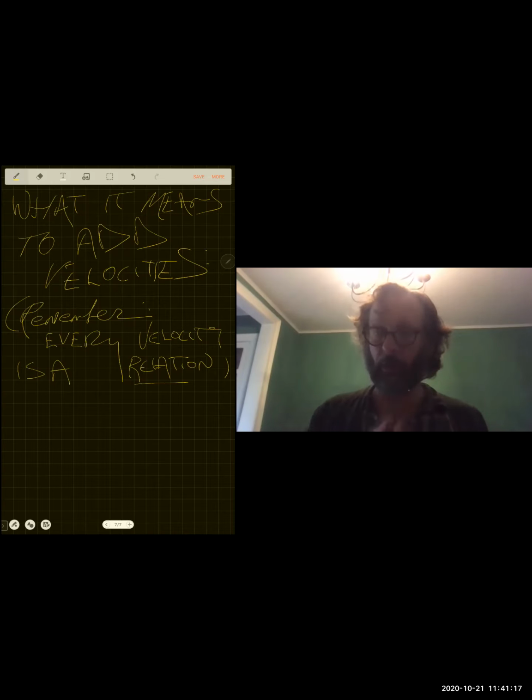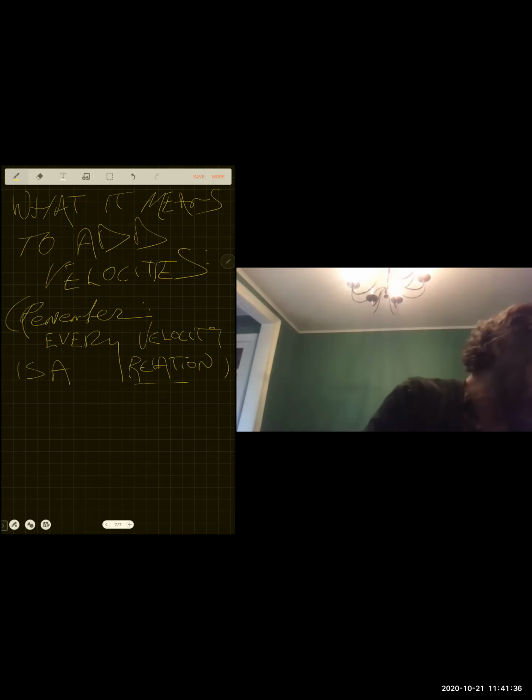All velocities are relations between two objects. We said this at the beginning of the year, and it's going to come to roost a bit. To be more specific and more mathematical, we're saying all velocities, when you write them down as a v, should really have two subscripts, like a velocity of one thing relative to another. And those subscripts totally dictate how the addition works. That is,